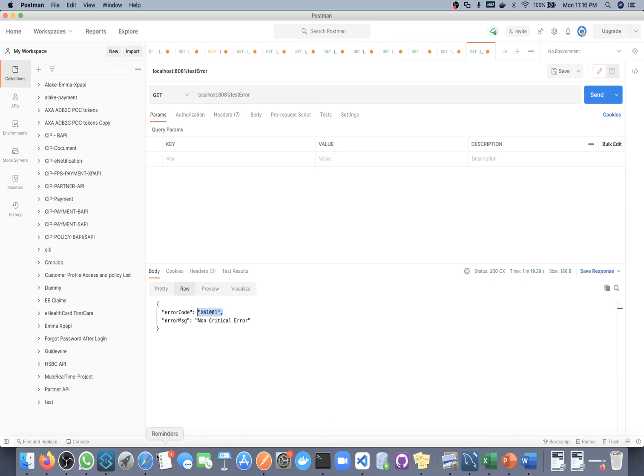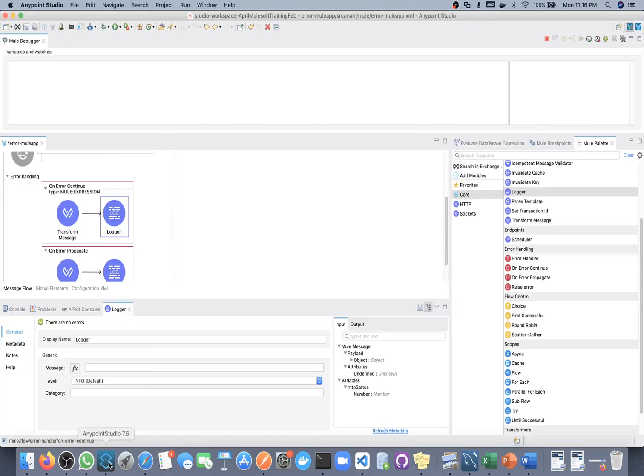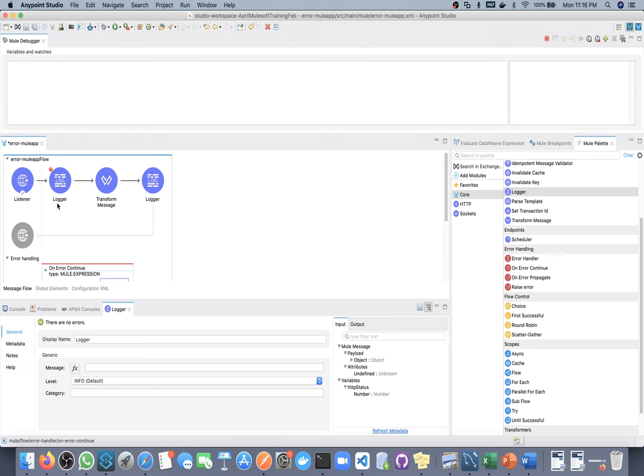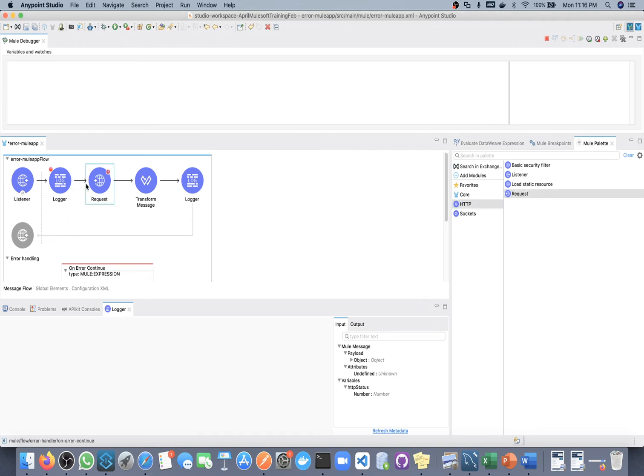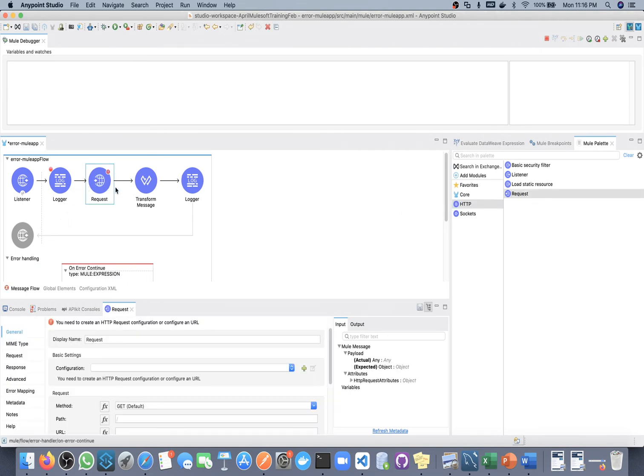Okay, now I will try to generate some other error instead of this DataWeave one. I will configure one HTTP listener and HTTP requester, and I want to call some API, but that API doesn't exist. So we will get some other error. Instead of this mule expression error, we will get some connectivity error.